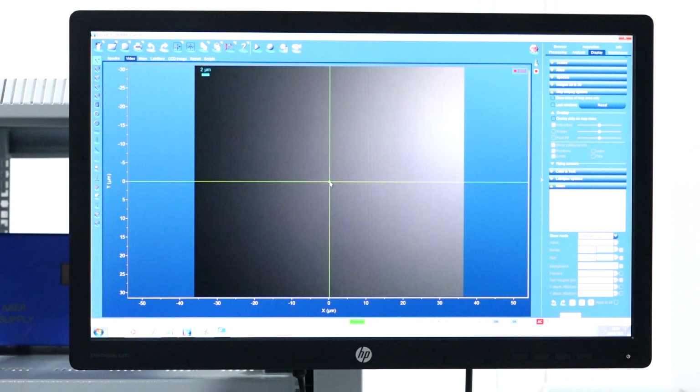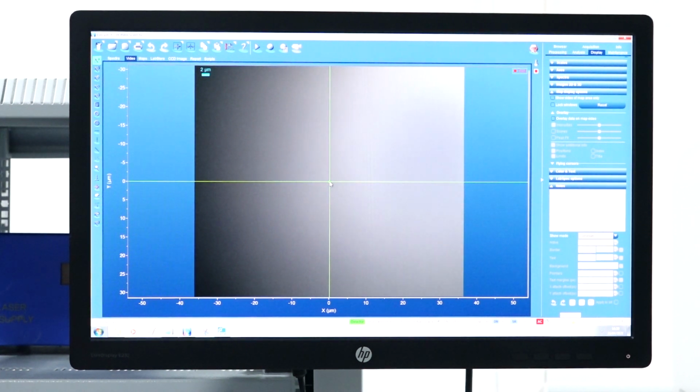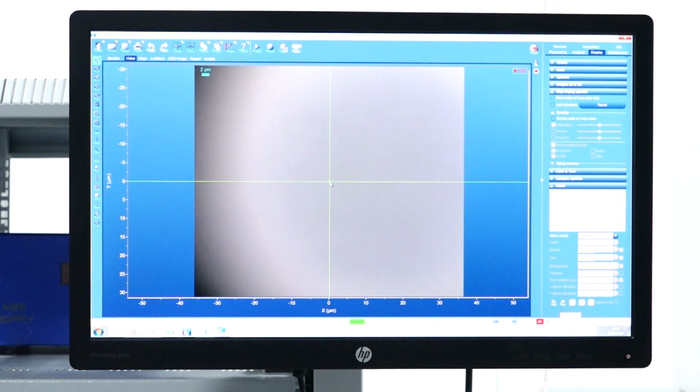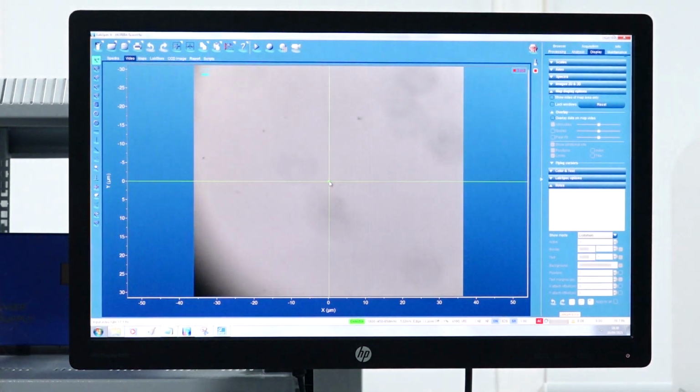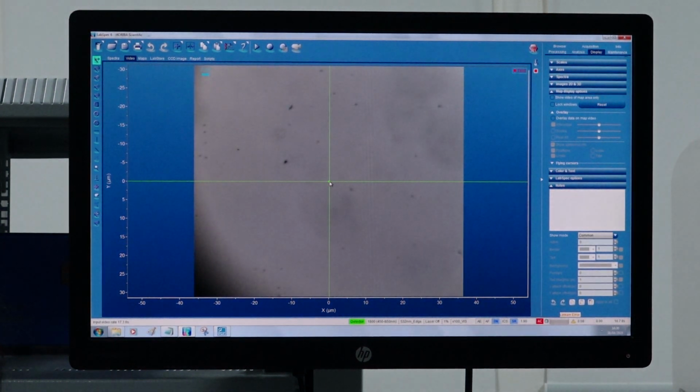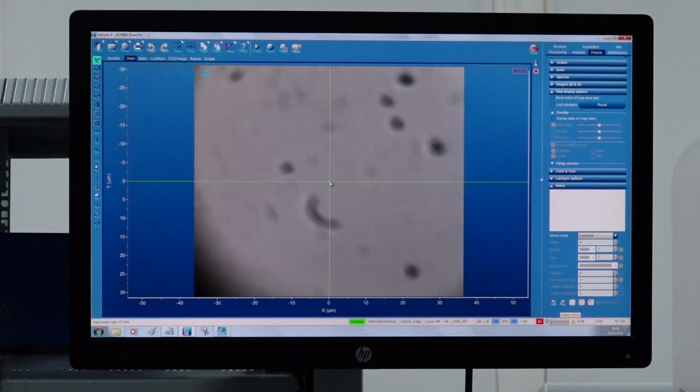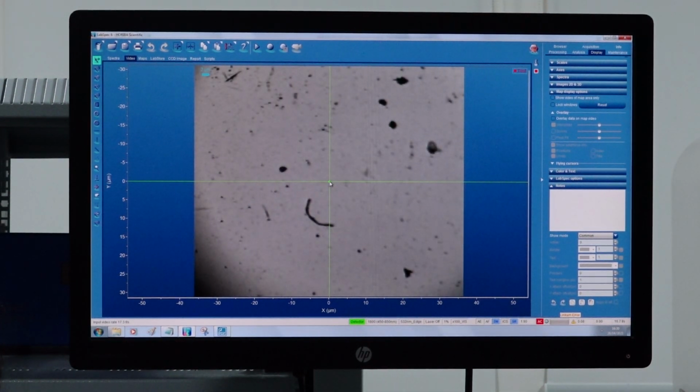Now as I turn the coarse adjustment knob, I can see some features coming up on the screen. And now I have focused on the surface of the sample using the 10x objective.